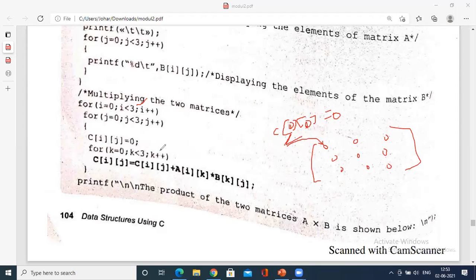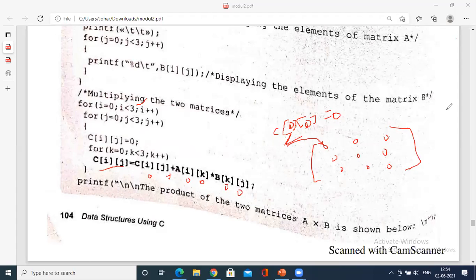Then for k equal to 0, k less than 3, k plus plus, calculate the value of c of ij. How do you calculate? The initial c of ij is 0 plus a of ik, first row, right? A of 0, 0 multiplied by b of 0, 0.